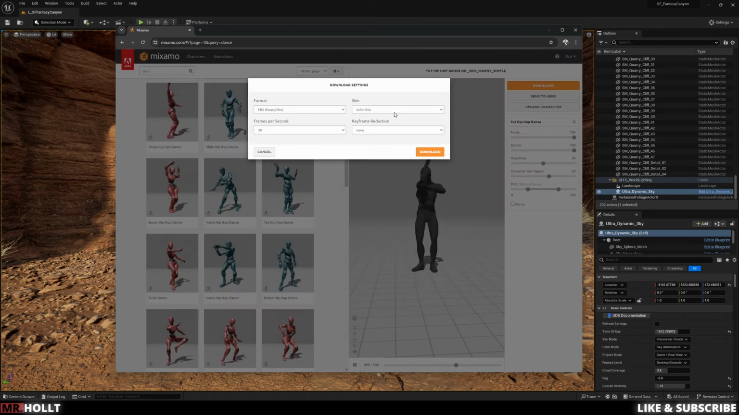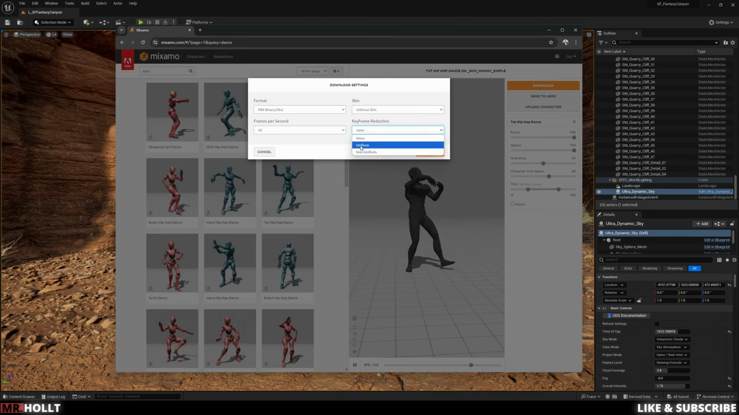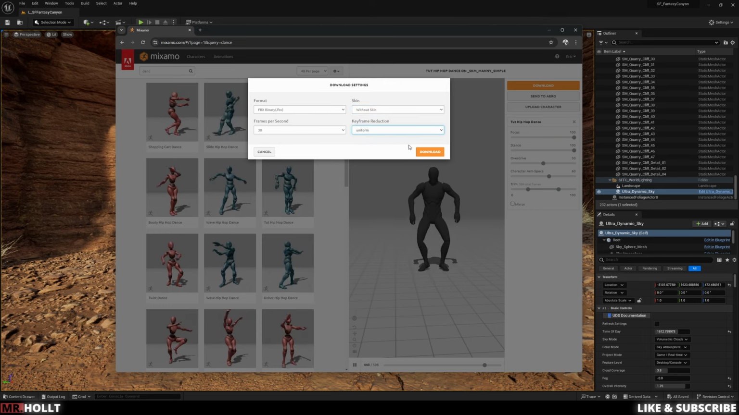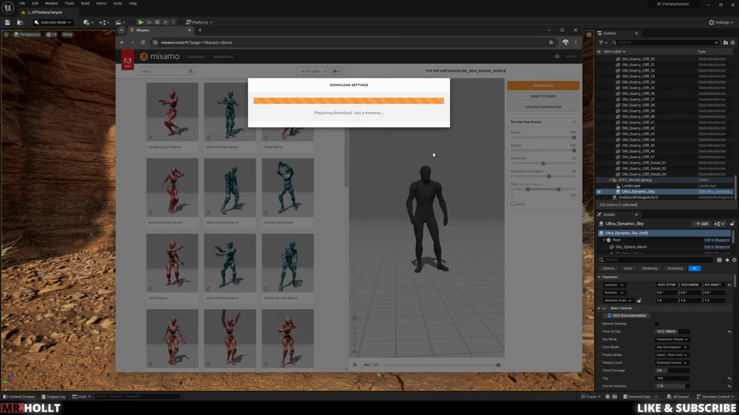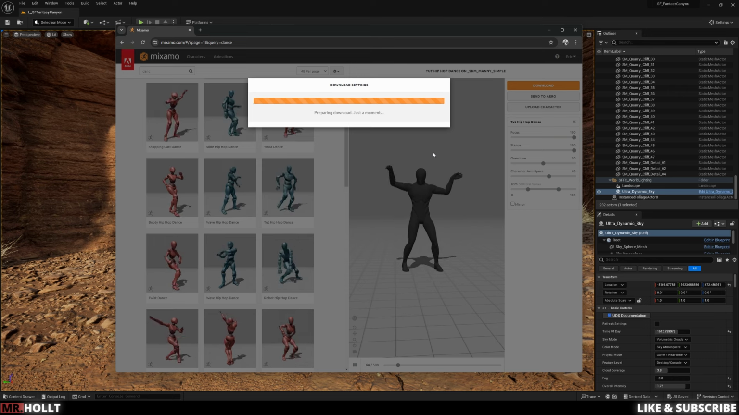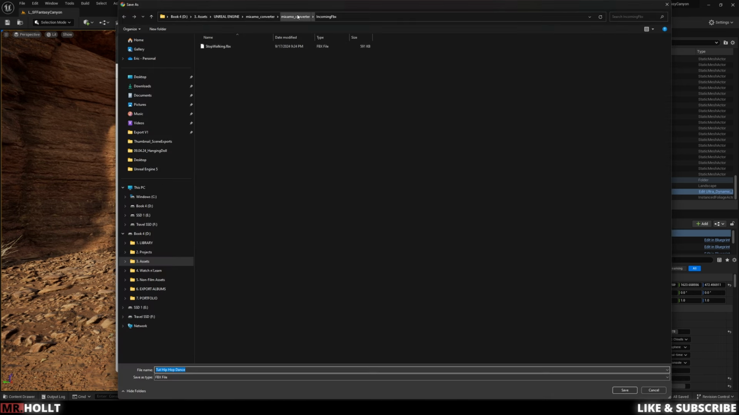All right, once you hit download, make sure it is without skin, and for under keyframe reduction, make it uniform, and then click download. Make sure you download it into the incoming FBX folder within the Mixo Converter. It'll be saved along next to the actual Mixo Converter software. So make sure it goes into that folder because that folder is what the Mixo Converter is going to basically